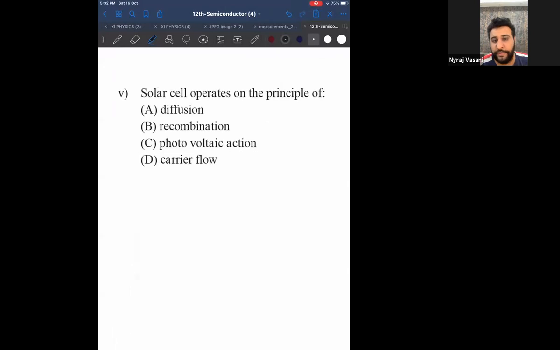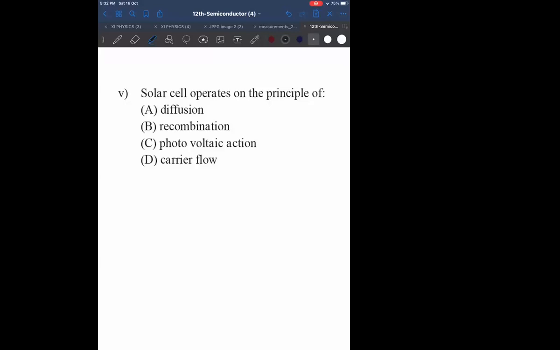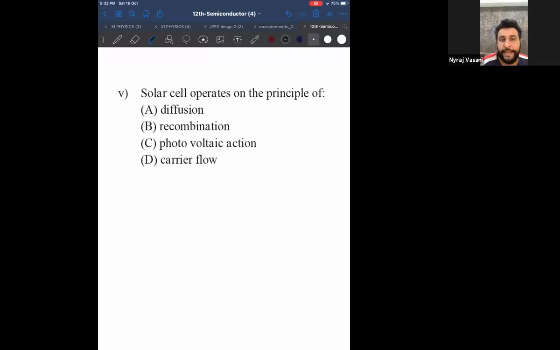Start. Tell me what should be the answer for this. What is the other name for solar cell? That only will give you the answer. You have written the other name for solar cell, right? So give me the answer first. Answer A, B, C, D. Tell me. Correct. Nikhil, correct. Samarth, correct. Soumya, correct. Others, check your answer. Leron, correct. Lavnish, correct.